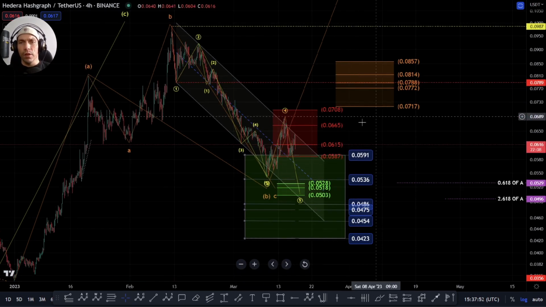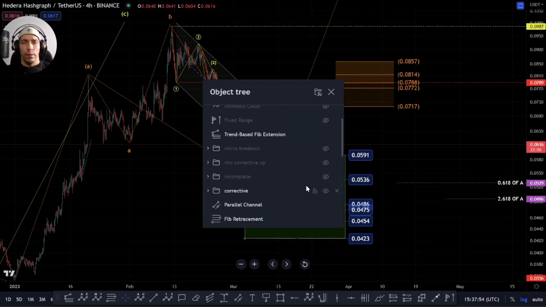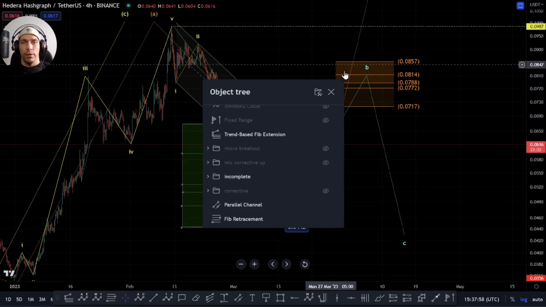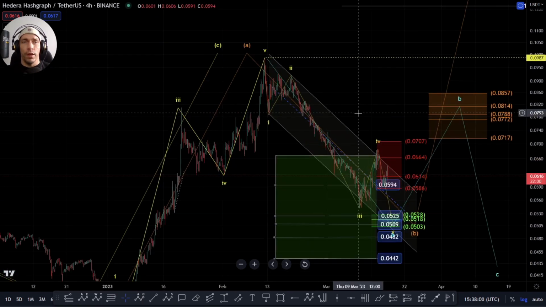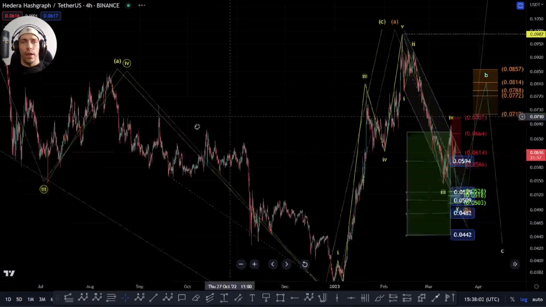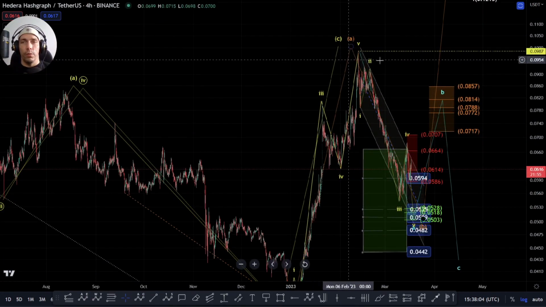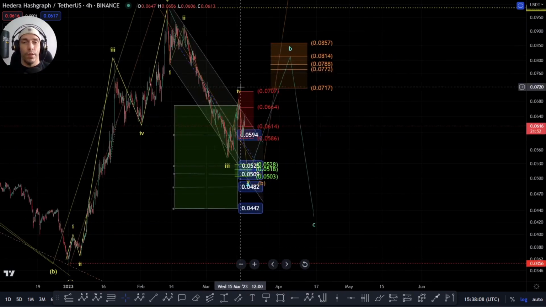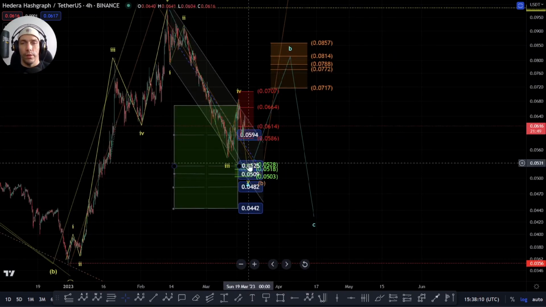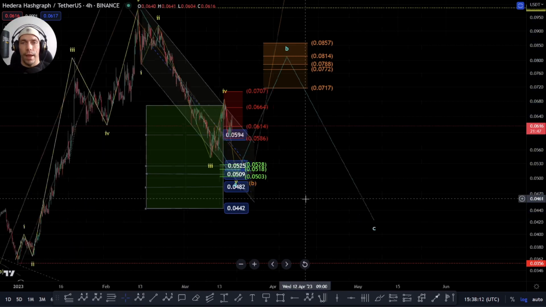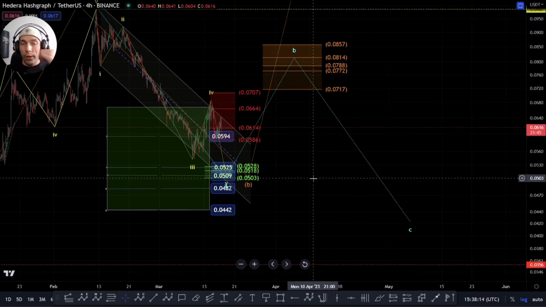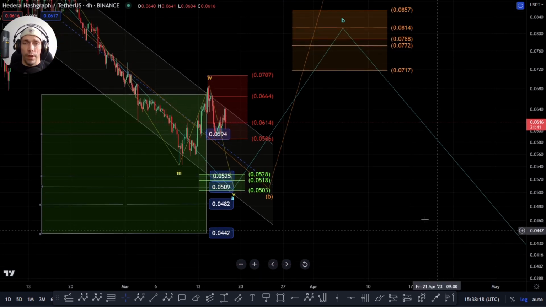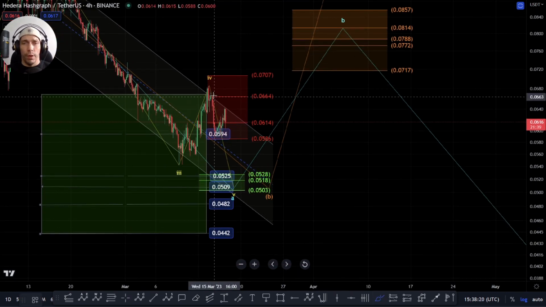So I'm just going to discuss the other potential that we were looking at within this, where instead we actually look at completing into this high point. So we have the same idea here. The thing is, if this is the case and we're looking at this potentially as a fourth wave, this could then be a five-wave move into the high, in which case this five-wave move to the downside, we need to be cautious with what happens after it. If we do move down into this zone of this 0525 to this 0509 for this fifth wave,